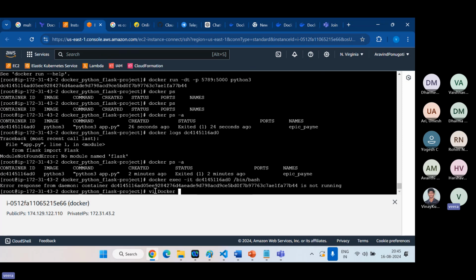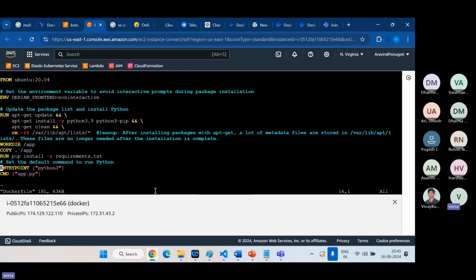So we understand the concept here. We can comment this one out. Whenever you comment this one, it will not be executed. At least the container will run like an empty container, with only Python installed. Otherwise, what we can do, simply we can give here